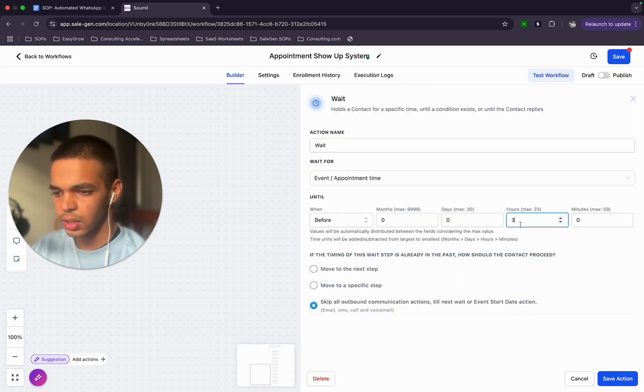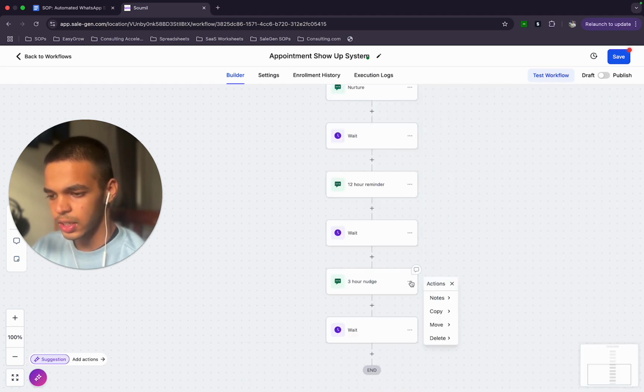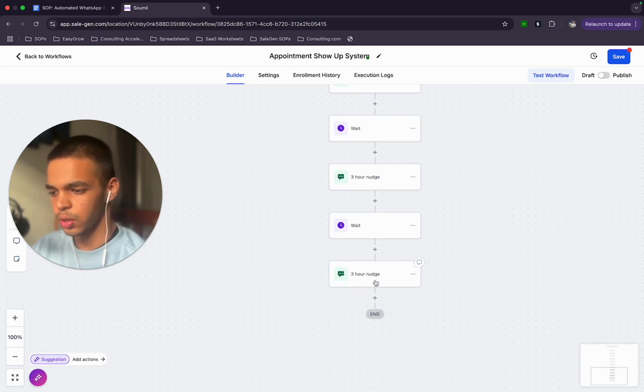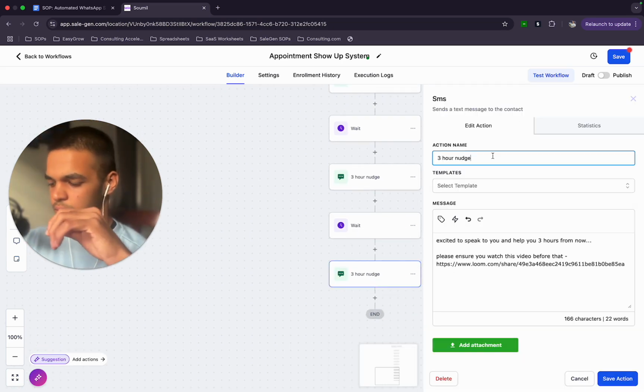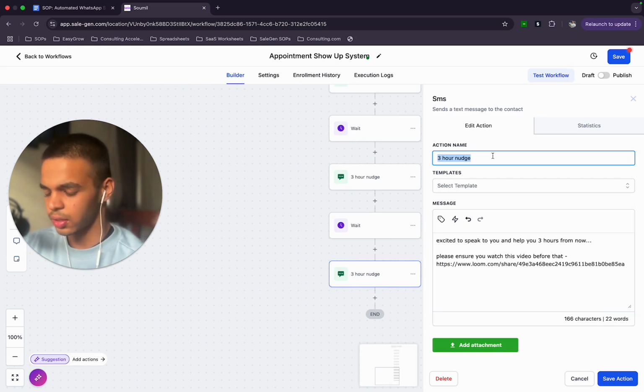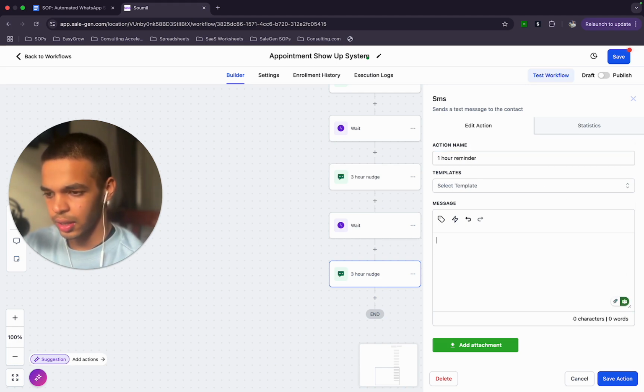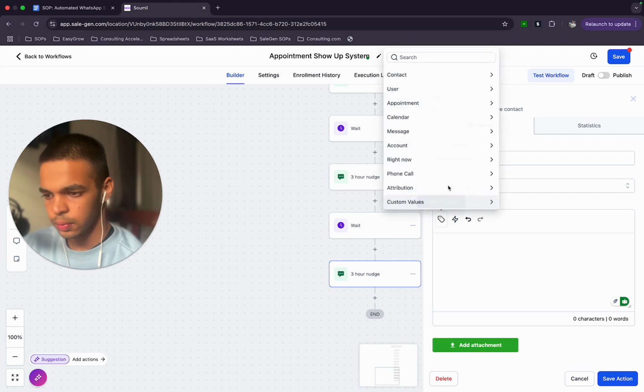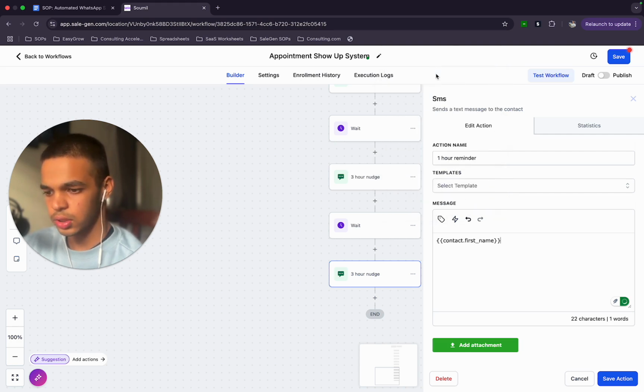Once that is done, we want to select 1 hour over here, click on save action, click on these 3 dots, copy it again, copy action, and copy it over here. And just name it as, what do you want to call it? Just name it as anything, like I'll just name it like 1 hour reminder. And yeah, so I'll be like the custom tag button, contact, first name,